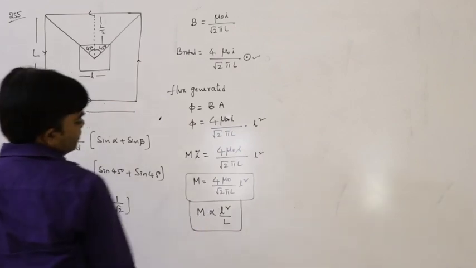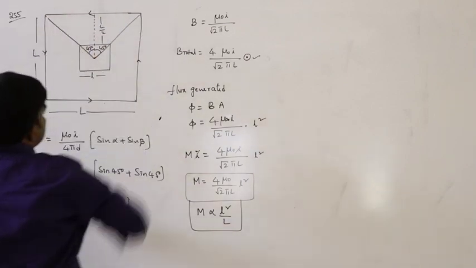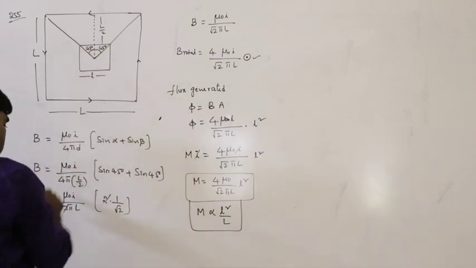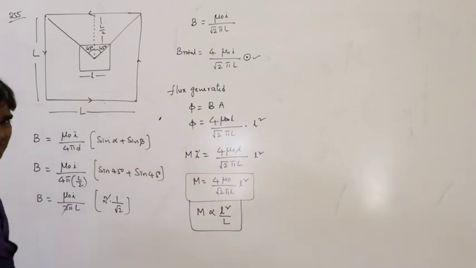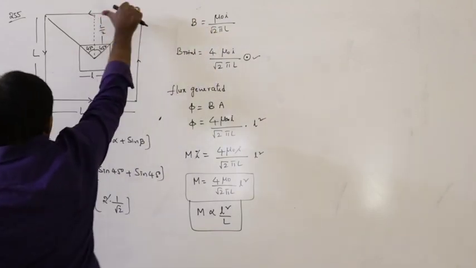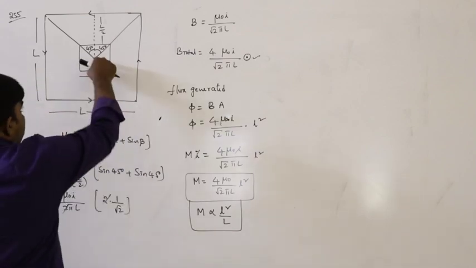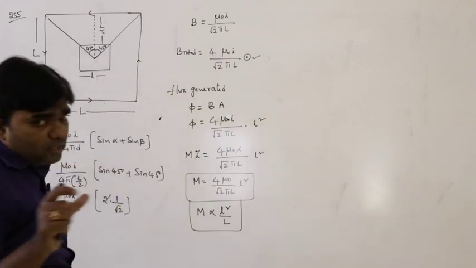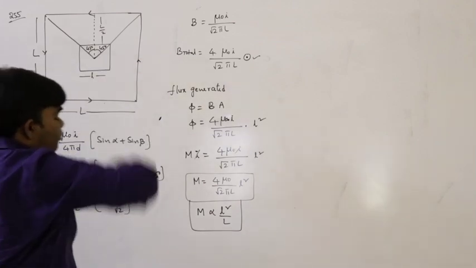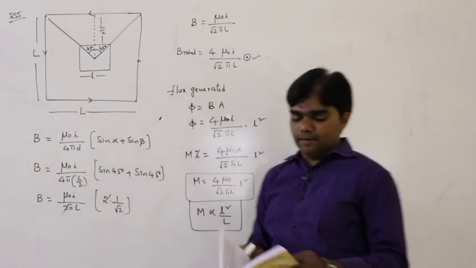So this is the mutual inductance. Here the current passes through the outer coil. Due to that outer coil, what is the magnetic field at this position? We know this according to Biot-Savart's law, we derived this situation. This is the magnetic field due to one conductor, total 4 conductors. Flux is generated due to this magnetic field, where we have to calculate the mutual inductance. Mutual inductance means if the current passes through the outer coil, a certain amount of flux is linked with the inner coil. So that is the situation. Flux formula is M i.